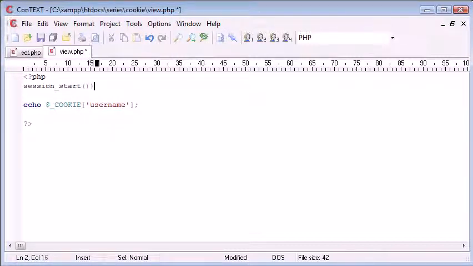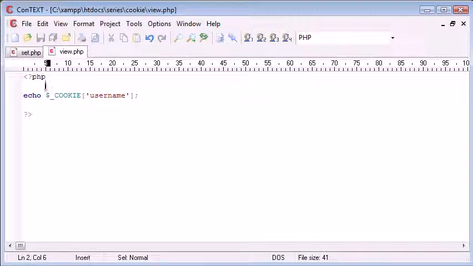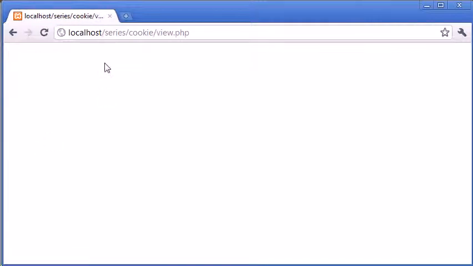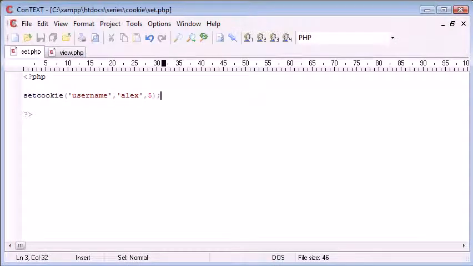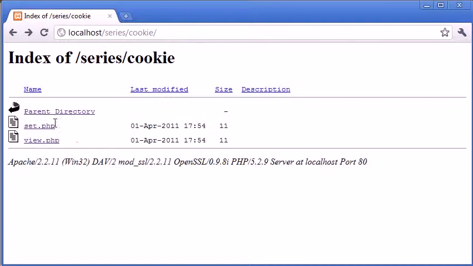So these are a lot more freely used on your page. We also don't need to kill, well, we do need to kill a cookie at some point, but this is done in a slightly different way to sessions. So we're echoing cookie username. Now, at the moment, we shouldn't receive a value because the cookie does not exist, because the expiration time is 5 seconds. So if I go back to set again, here,